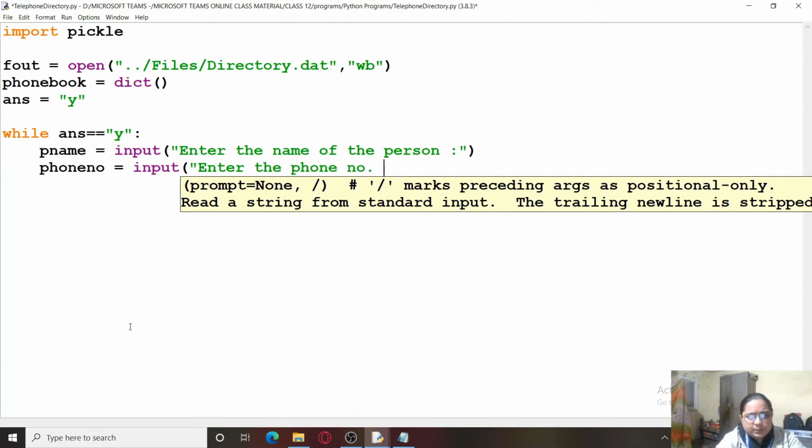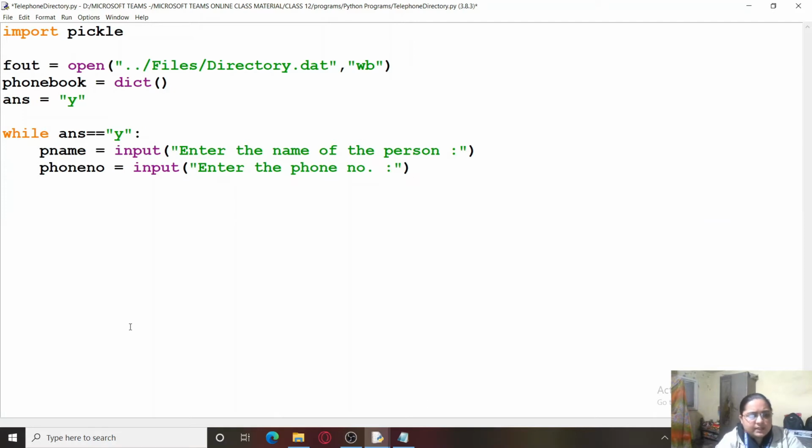So enter the phone number, and once we have done this we can add it to our dictionary, that is phone book. P name equals phone number, where p name acts as the key and phone number acts as the value. This way I can add a key value pair to my dictionary.